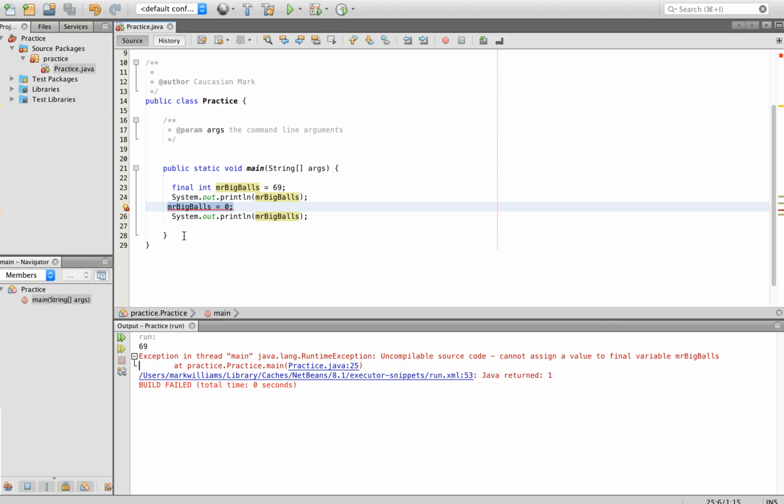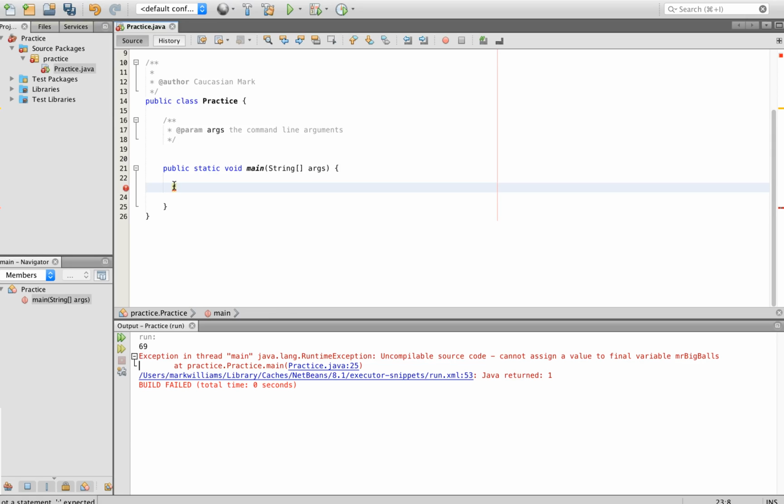So that's final. You can make a class final if you wanted to. You can make anything final that you don't want to change or, I guess, replicate in some way or give a different value to. And it's a nice way of also controlling your variables that you don't need to change. So if there's a particular name of something or value or starting value that you're trying to measure against, it's a nice way from having possibly other threads or other objects interfere with the value of your data type or your data,